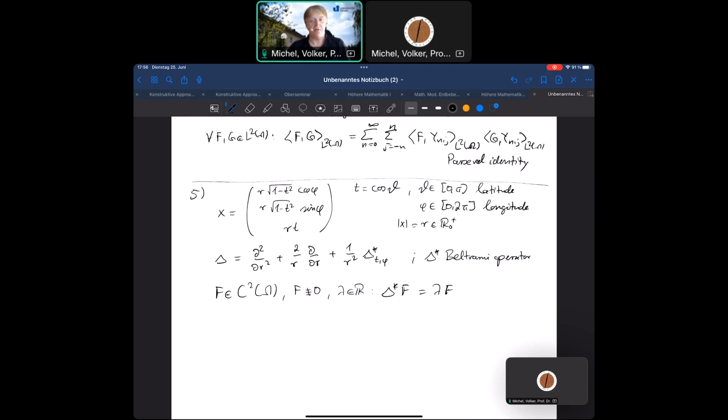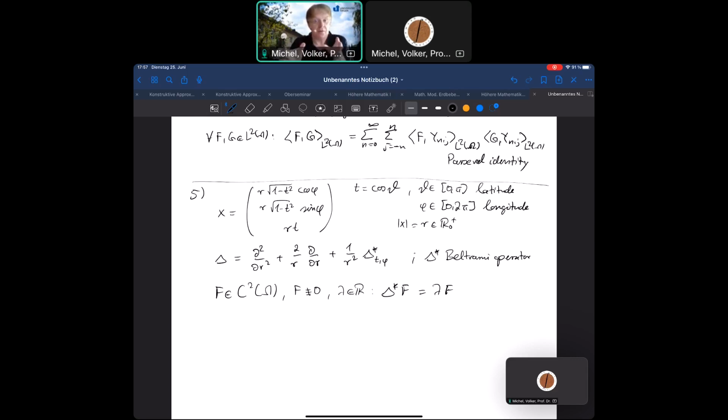If you're not familiar with that word, you might know what an eigenvalue and an eigenvector are. An eigenfunction is just an eigenvector in the case that the vector space is a space of functions. Okay, that's all. And lambda will be the eigenvalue. Now,